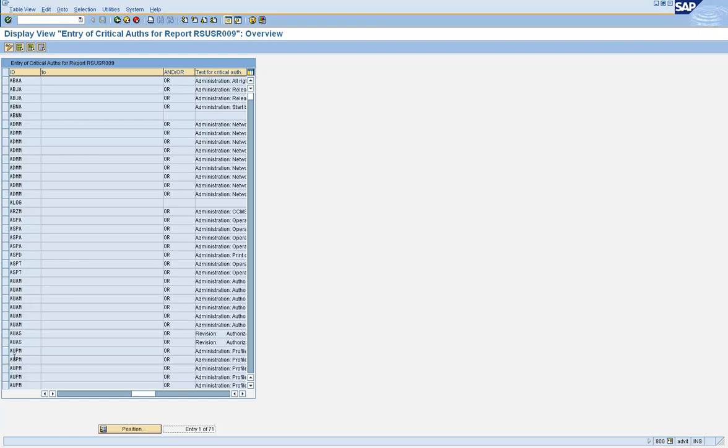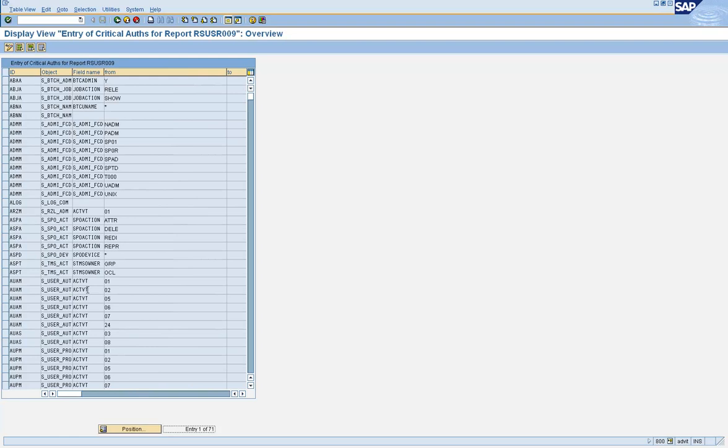So the criteria is who has the ability to create user IDs. Your combination would be S_TCODE, field name TCD, value SU01, then S_USER_GRP, field name activity, 02.